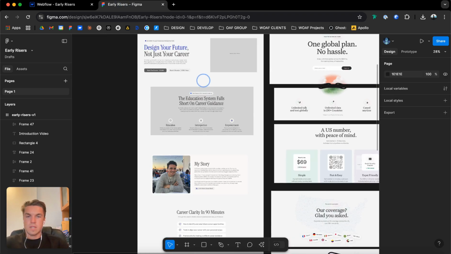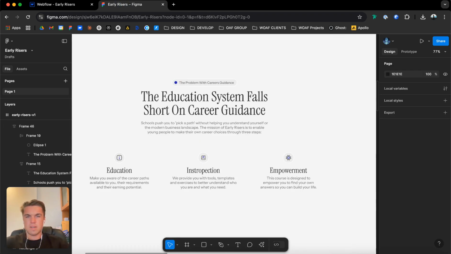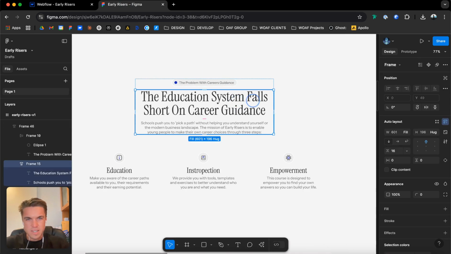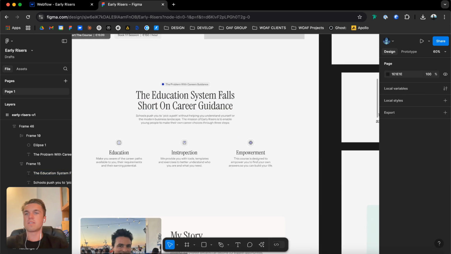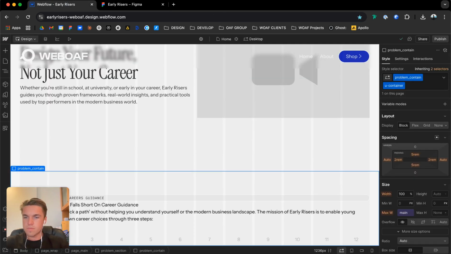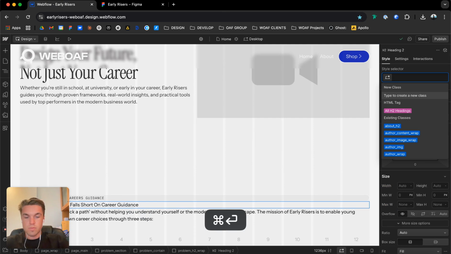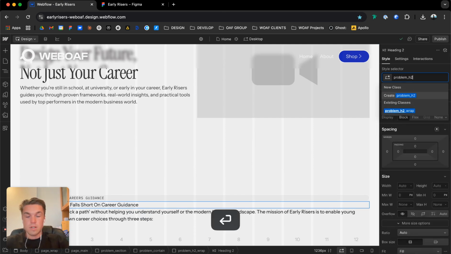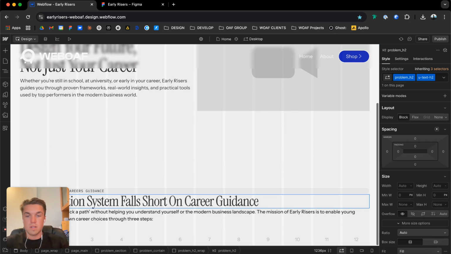Now, this design, basically I want the width to be maxed out when that is on 2 lines. So, let's just make this problem h2. So we've got a unique identifier for that, then apply the global class, which is utext h2. And then,